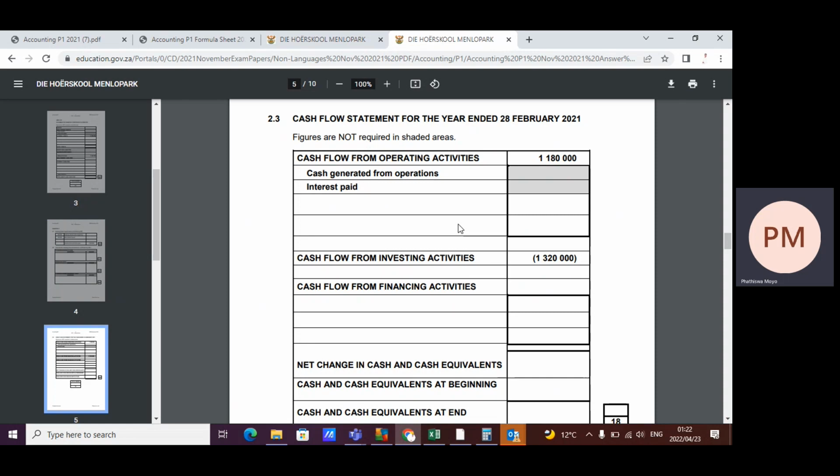And then here in your answer book, they don't want you to fill the shaded area, which is the cash generated from operations. That note 1, they don't want you to do it. The interest paid, they don't want you to do it. But they want you to do,